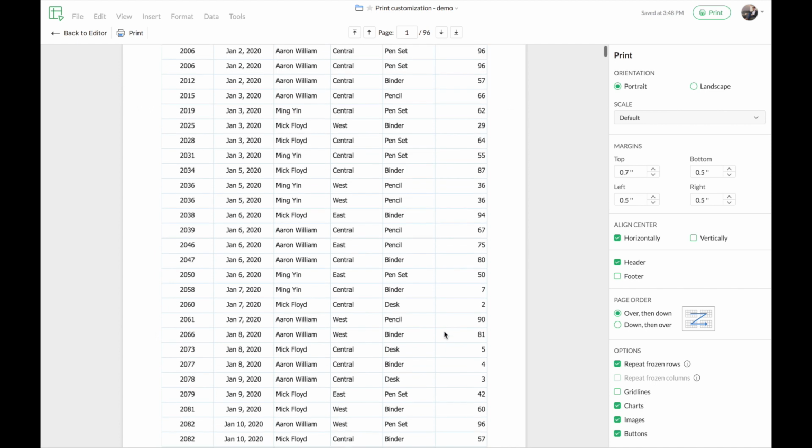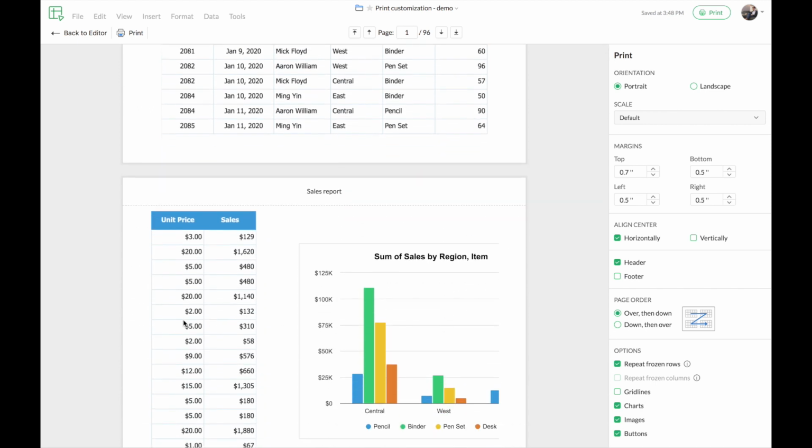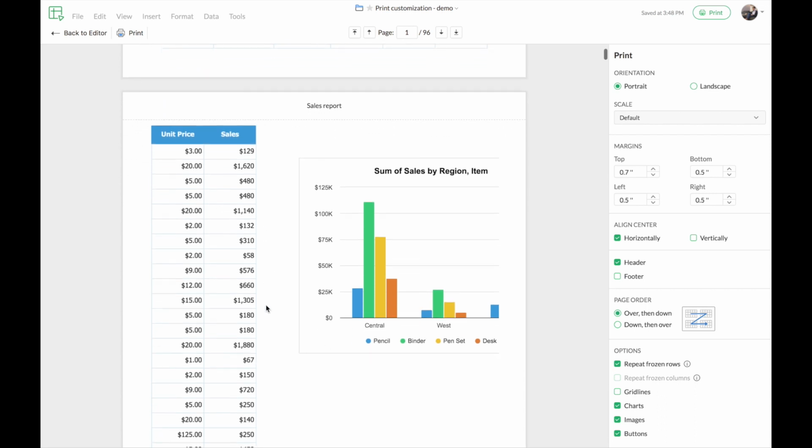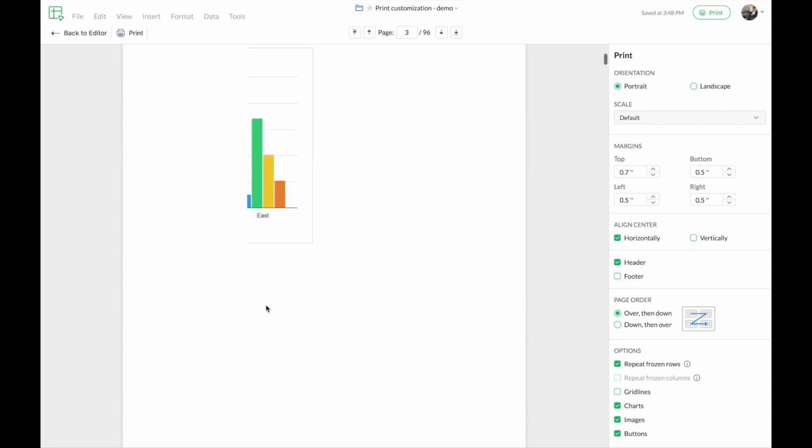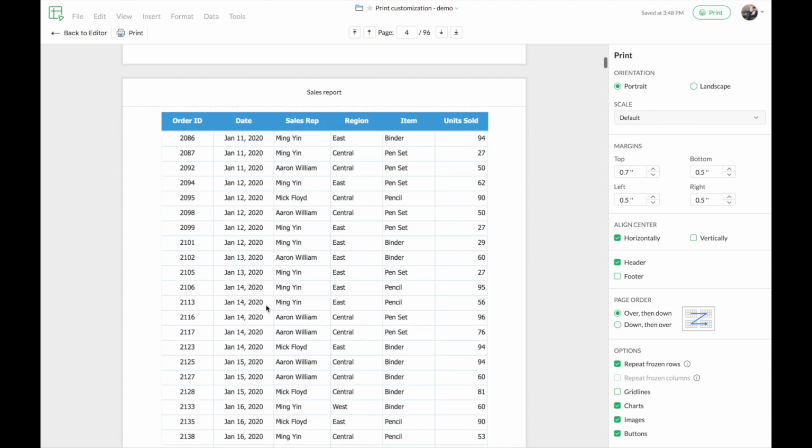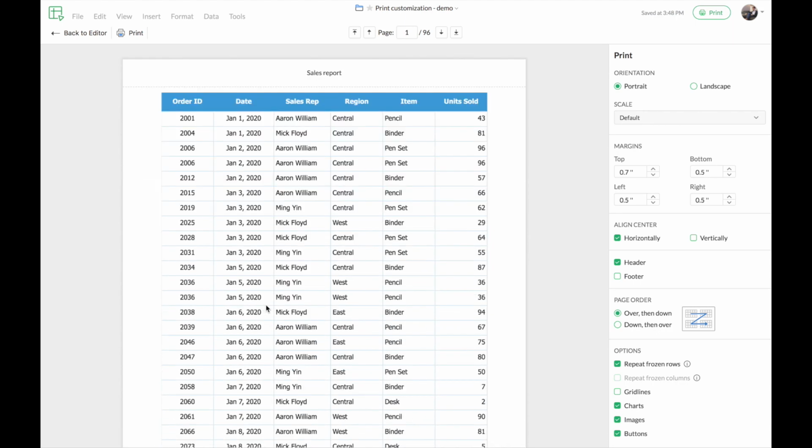So in this print preview on the left, you can see that the columns on the right of the data in the first page are given the first priority, and then that is followed by the next set of rows in that particular data. But in case you do not want this type of order to continue, so let's say you want to change the order of printing in such a way that we want these 6 columns of data to be printed out first for all the rows in that particular worksheet, followed by the other additional columns. For that, you can choose this option called down then over.